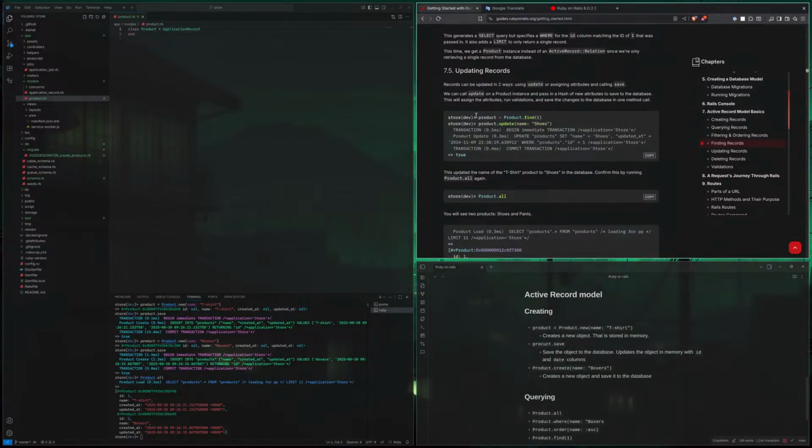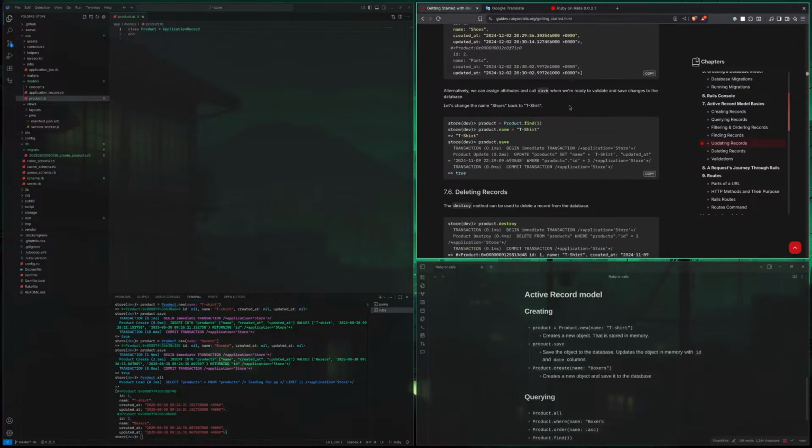You can find it, save it to a variable, and update the name. And since it is updating, it will call save as well.